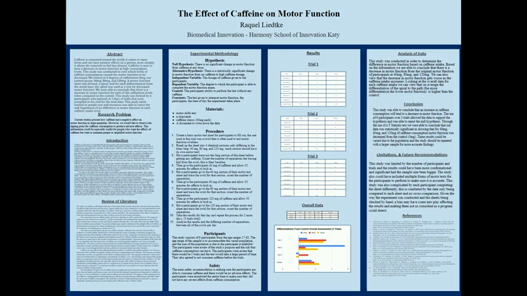When the participants had been given no caffeine and had not had caffeine at the beginning of the day, we gave them the sheet and they filled out the 0 milligram section. We then gave them a 40 milligram caffeine chew and allowed 30 minutes for the effects to kick in. We then had them fill out the 40 milligram section of the motor test. We repeated this for the 80 and 120 milligram sections. We then had the participants come back at the same time the next day and fill out these tests again with the control and then each one of the increases in caffeine consumption.